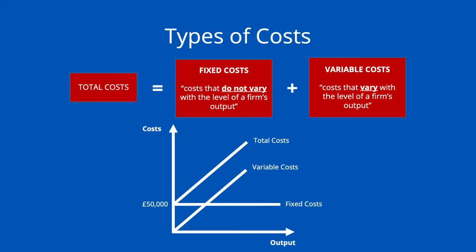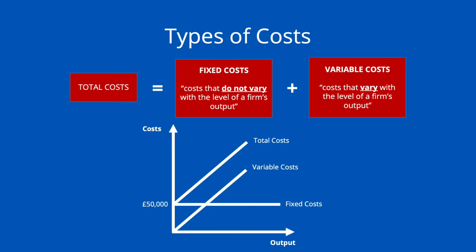Variable costs, on the other hand, are costs that do vary with the level of a firm's output. Delivery or shipping charges, costs of raw materials, and labor costs for workers on flexible hours contracts are all examples of variable costs. The graph here shows an example of what these different costs look like with respect to output. In line with their definitions, fixed costs don't change as output expands, so they remain fixed at some arbitrary level, £50,000 for example. Variable costs do increase as output increases, and this is why total costs also increase as a